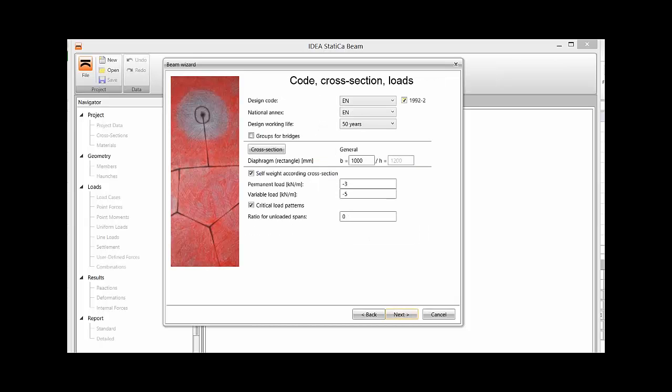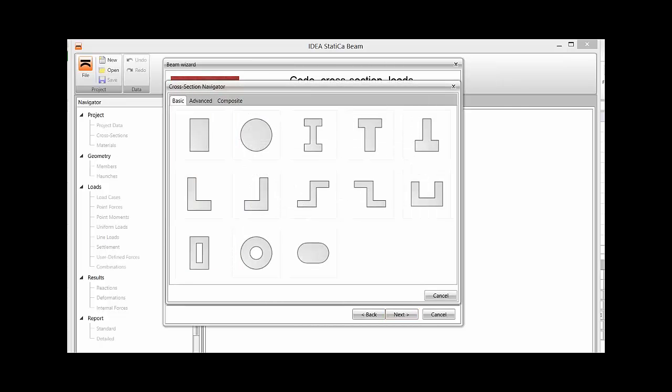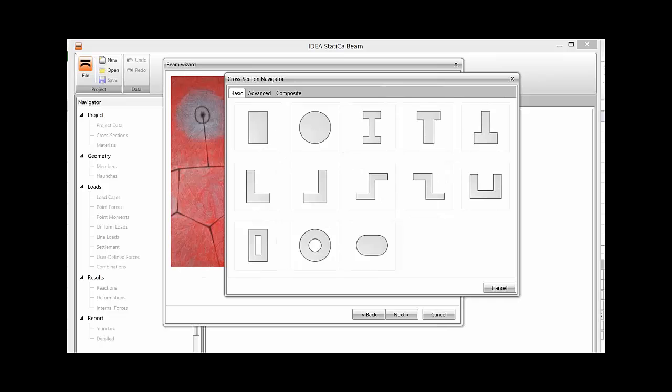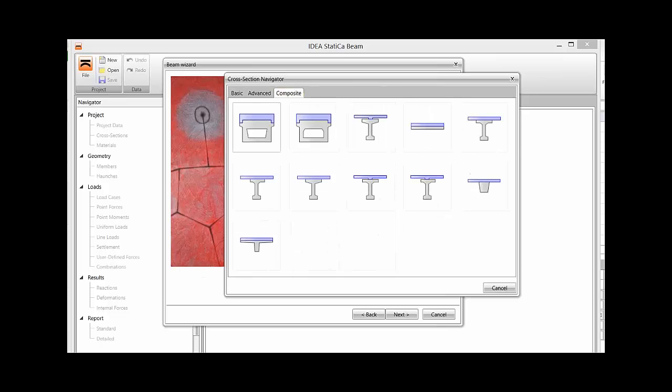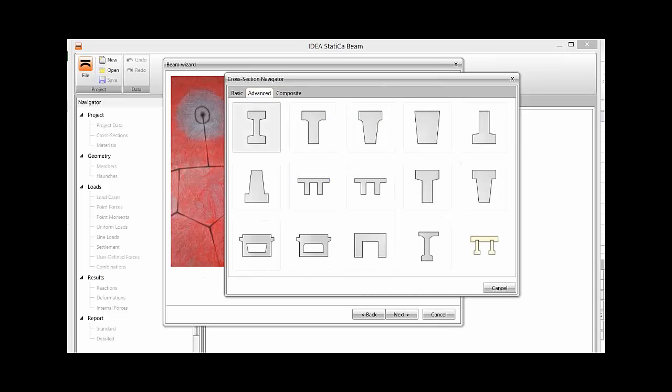Again, we can select the bridge code, the design code. We can generate or not generate groups for bridges, and we can define the cross section. Now the cross section is composite, so I have to select either these predefined sections, or in the advanced tab sheet